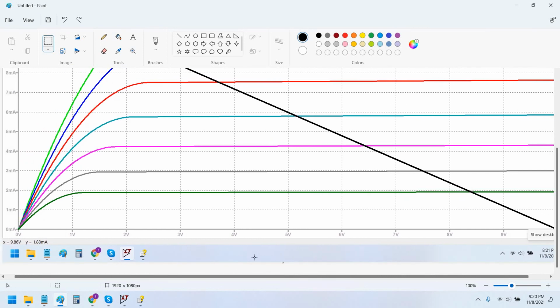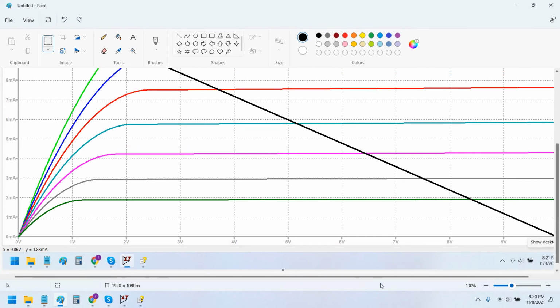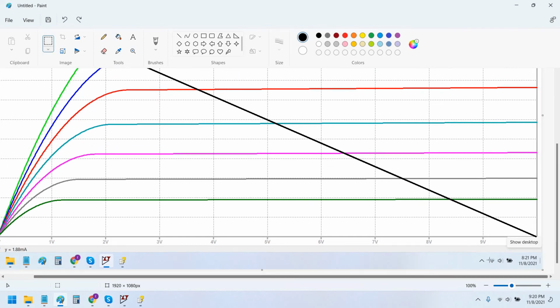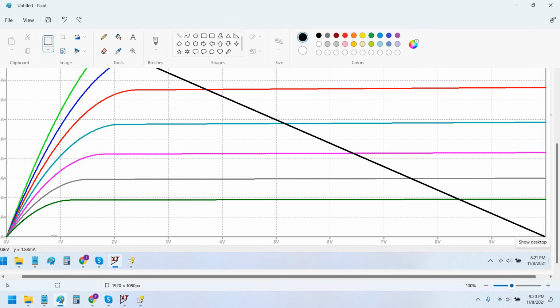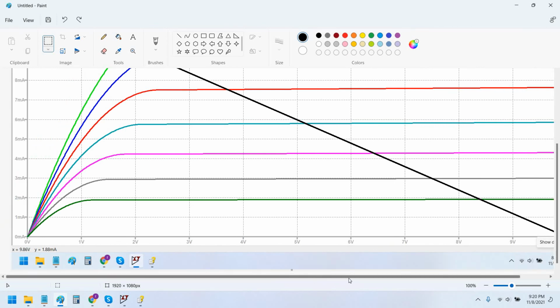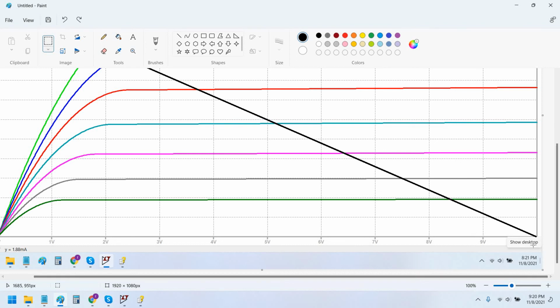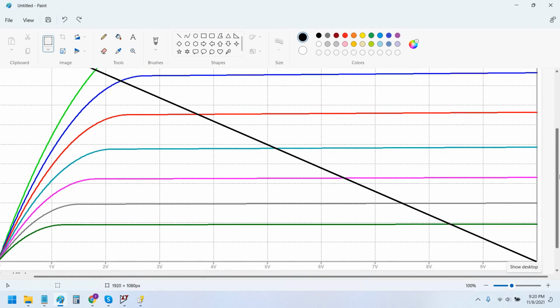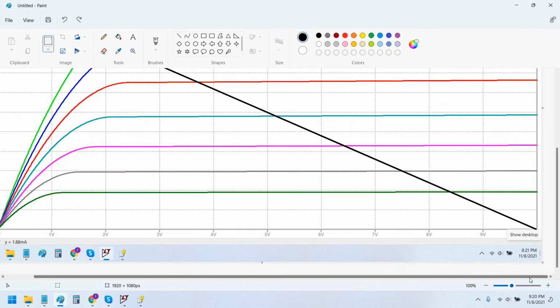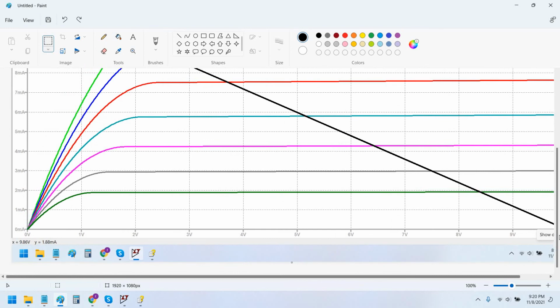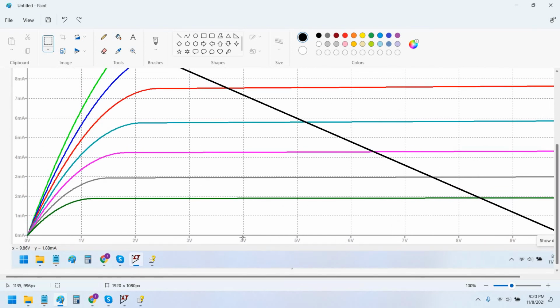The rule of thumb is that the drain to source voltage is selected at the midway of the maximum VDS that is allowed by the device datasheet. We swept this VDS from 0 to 10 volt, so the midway would be around 5 volt,